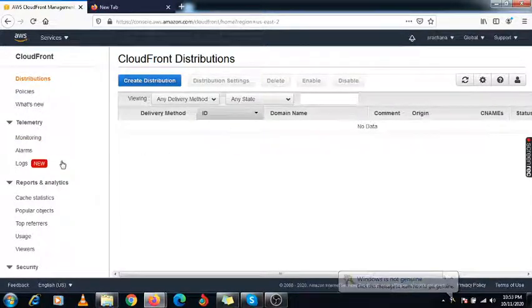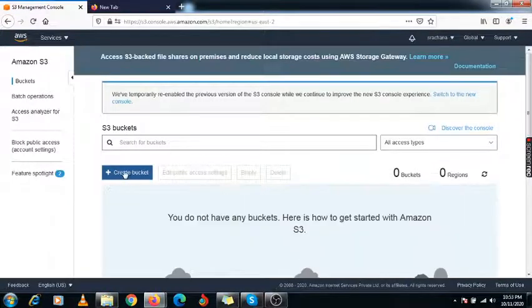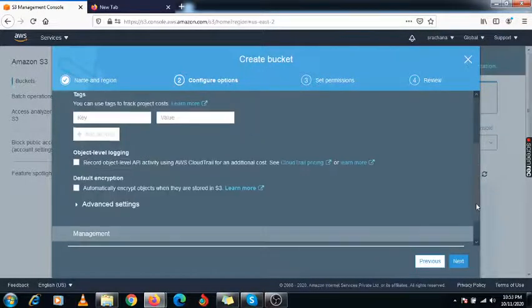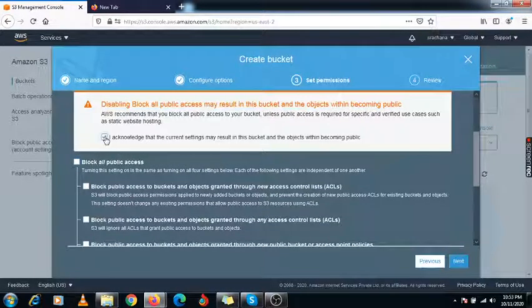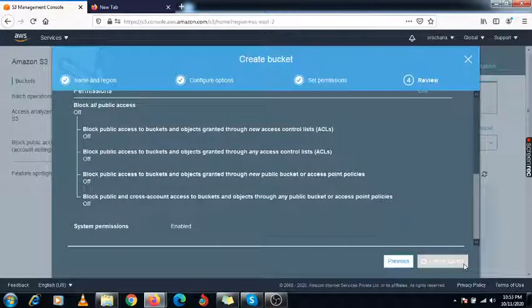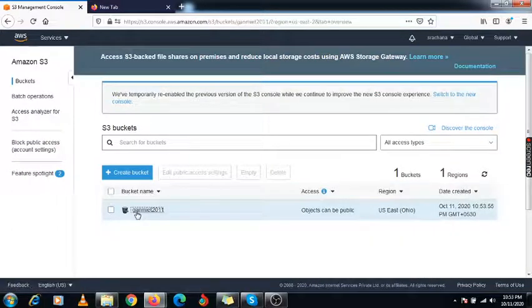First we are going to create one S3 bucket, and in this S3 bucket we will upload one file or any photos. I am creating one bucket, giving the name Gun MIT 2011. Click on next. Here you need to check some settings, and untick block all public access. Here you need to grant public access with read permissions, then click on next, create bucket. Now my bucket is created. Under this bucket I will upload some data.